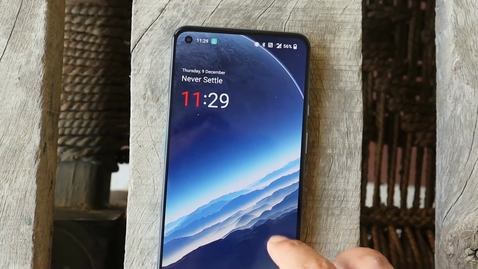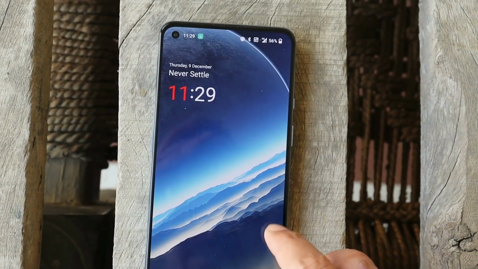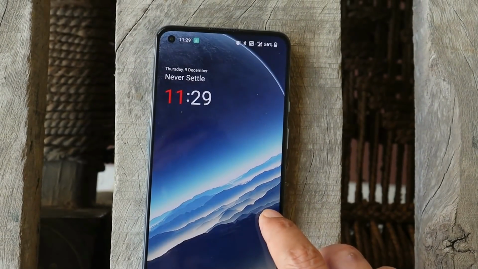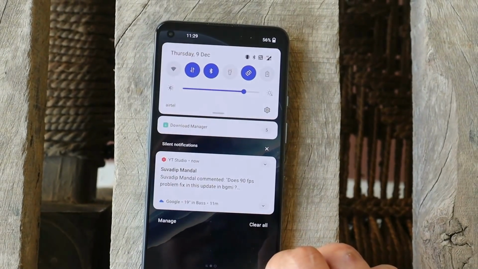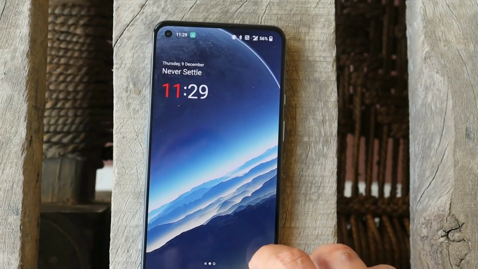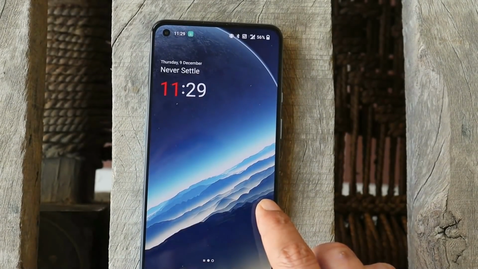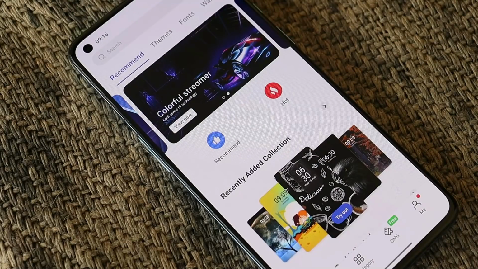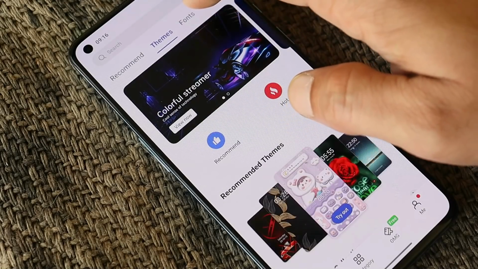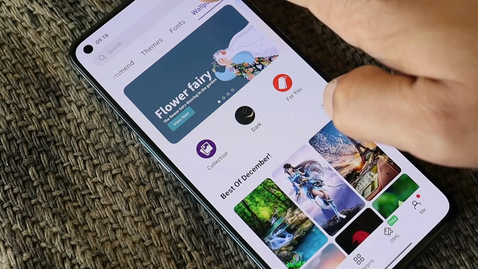Another issue which I have encountered on Oxygen OS 12 is related to notifications. So as you can see right now in the status bar, we don't have any notification, but when I scroll down the notification panel, we have a notification from YouTube Studio. This doesn't happen with all the applications, but yes, there are a few applications from which I don't get to see notifications. I've been getting lots of comments in which people have been asking me to review Theme Store. So guys, for the Theme Store, I'll be doing a dedicated video because there are lots of things to be covered in Theme Store.